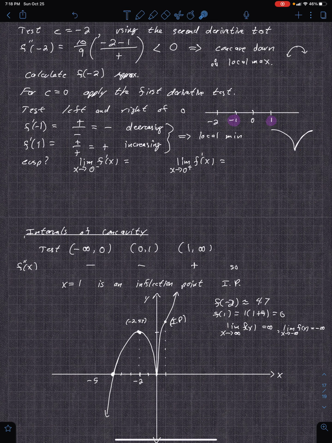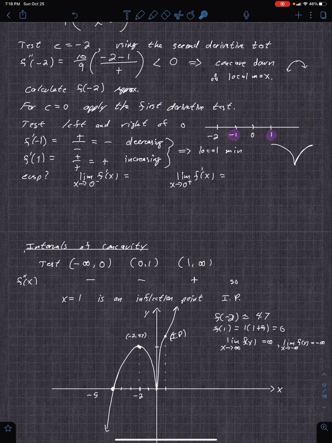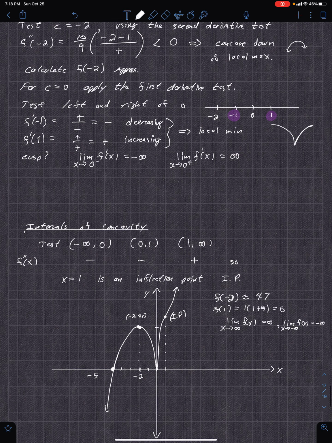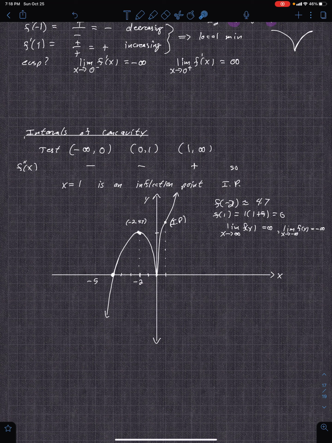We'll analyze this later, but f prime on the left will be negative infinity, and f prime on the right will be positive infinity. If you look at this, this is a negative slope, and it's getting really steep as you go right, but it's negative. And then the other side will be positive. Go like this. And so when you get that,